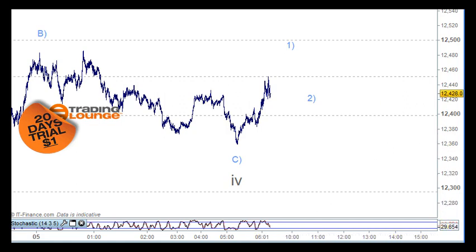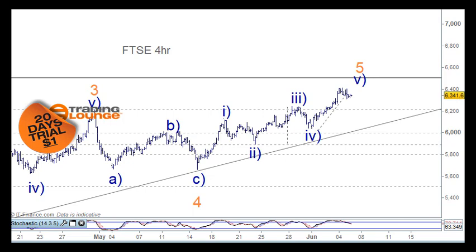Right, okay, let's have a look at the Footsie. So the same situation as with the Footsie here as well. We can count this as wave 1 here, and 2 here, and 3 here, and then wave 4 here overlaps wave 1, so that's breaking a rule. The other rule that's broken here is that